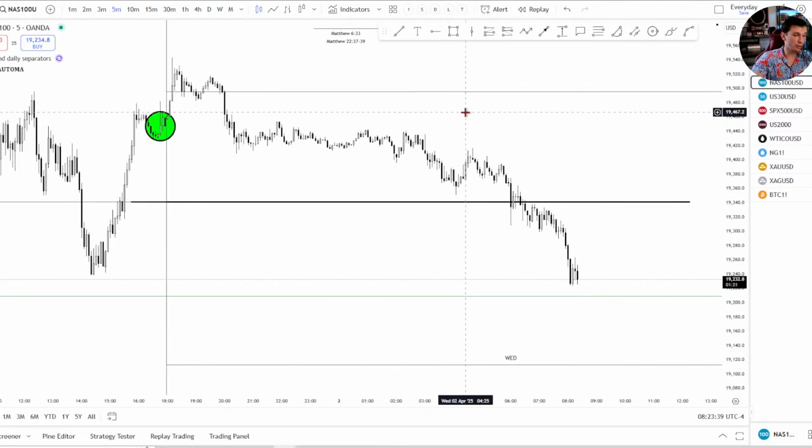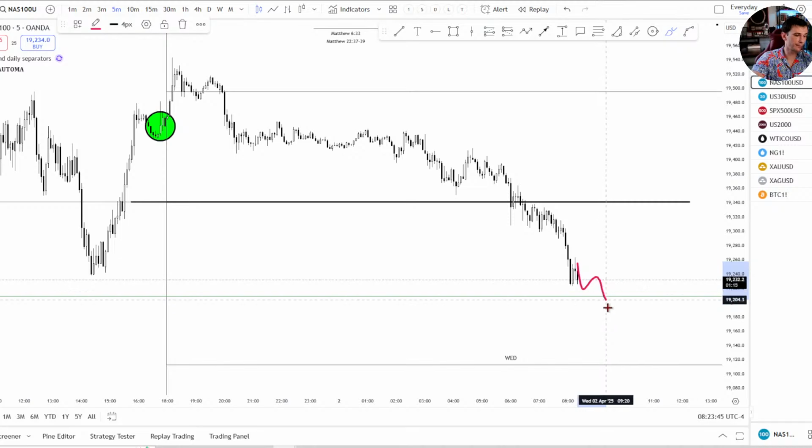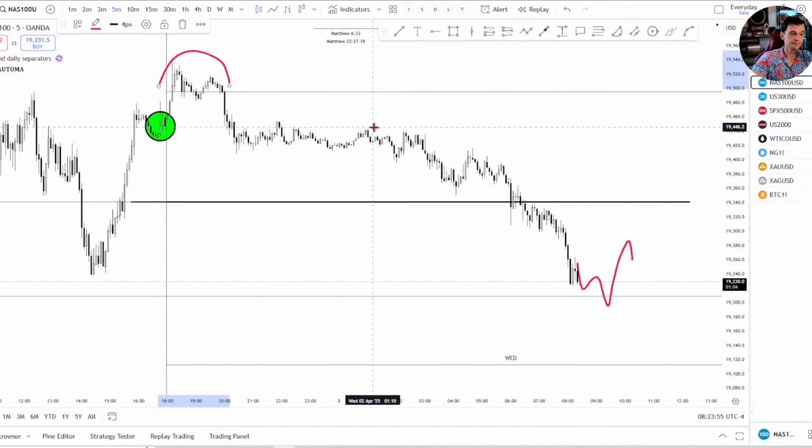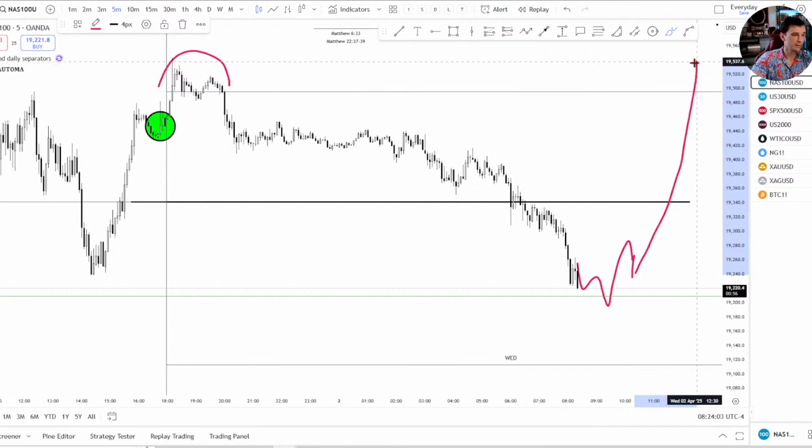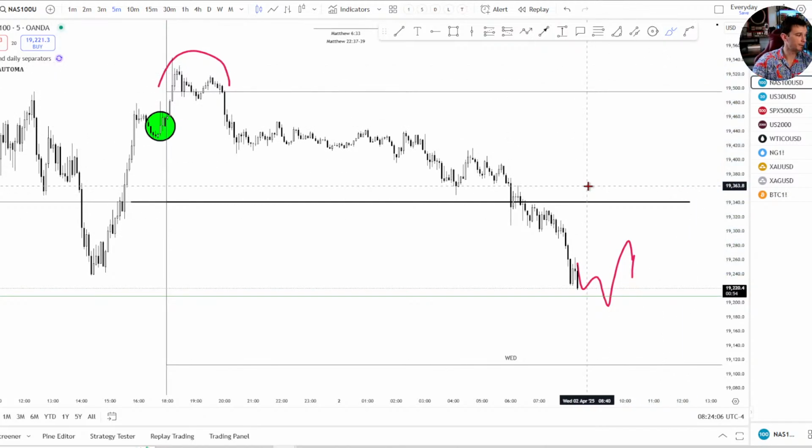Let's say that I wanted to go long. If I wanted to go long today, what would I really need to see? I would need to see the market go from making lower lows and lower highs and transition into higher highs and higher lows. I want to see that on the 5-minute chart at least. We've got a higher high up here. Maybe we're going to peak formation low. It's still 8:23 in the morning. We got some time. Make a higher high, pull back, and then we get the follow through back towards the high of the week. That could be an option.